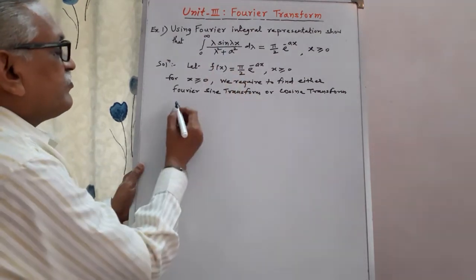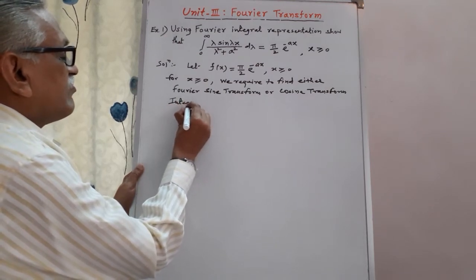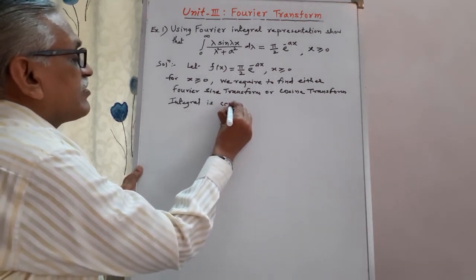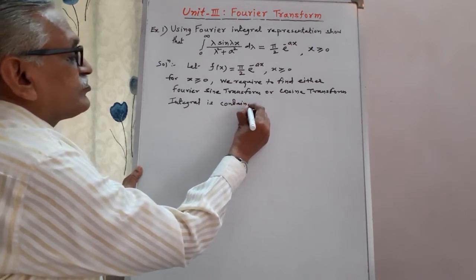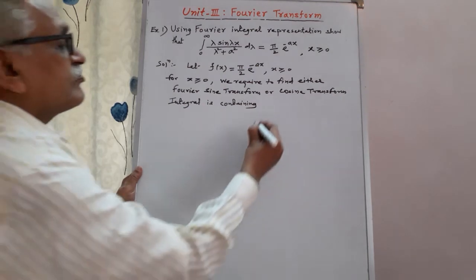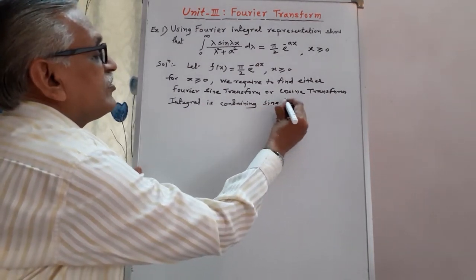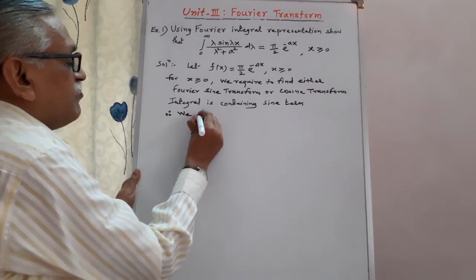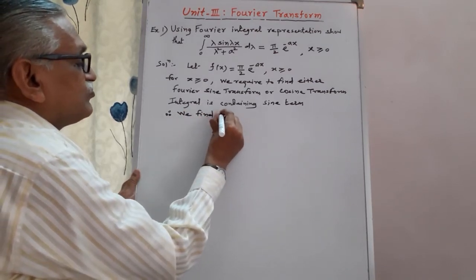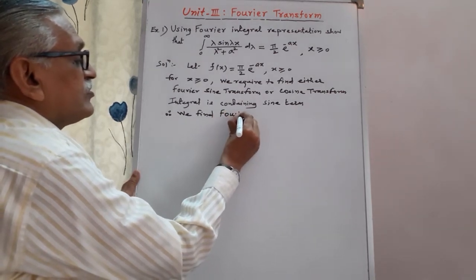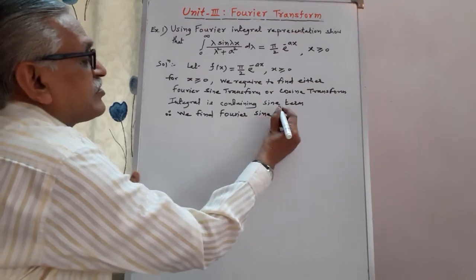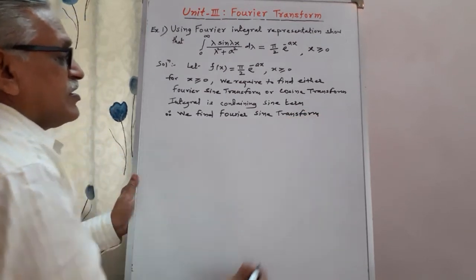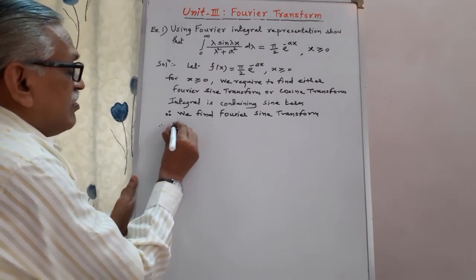Here the integral is containing a sine term, therefore we find the Fourier sine transform. And therefore Fs lambda